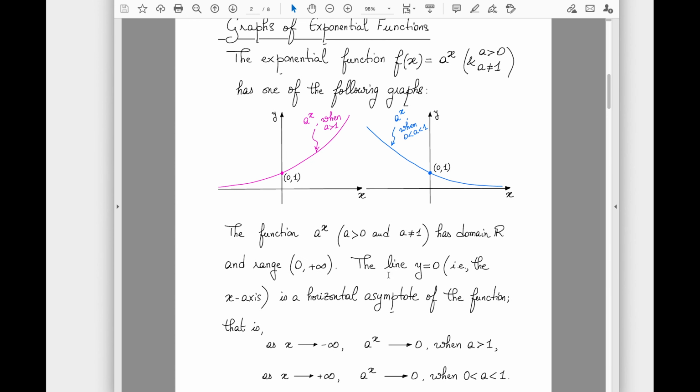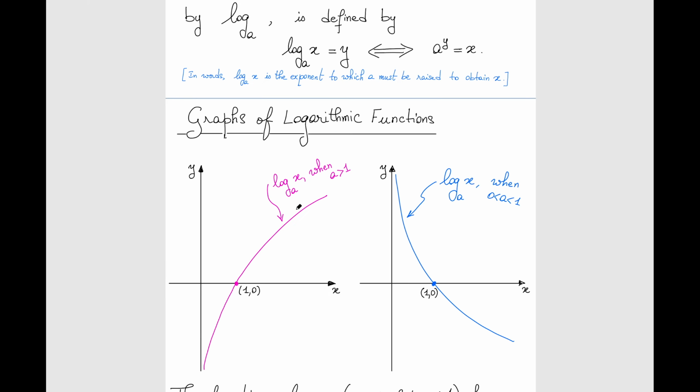And what used to be the domain of the exponential function? Remember, the domain of a function is the same as the range of its inverse, right? And vice versa, the range of a function is the domain of its inverse. Where a function picks up is where the inverse function is going to land, in some sense, right? So what I'm saying is the following: